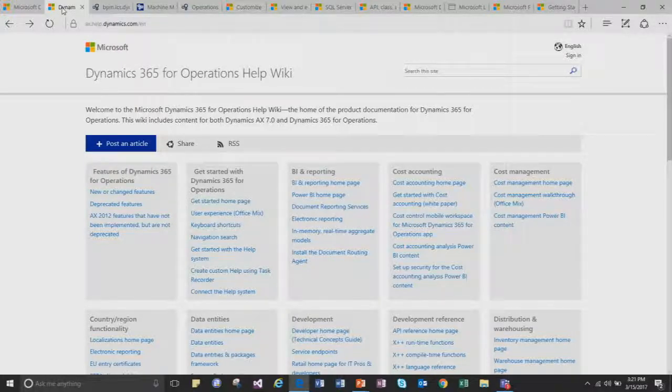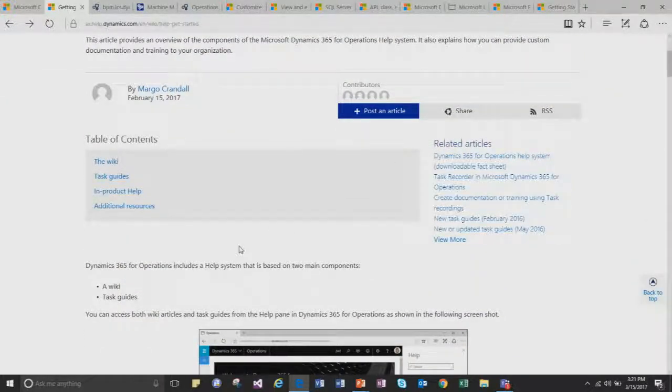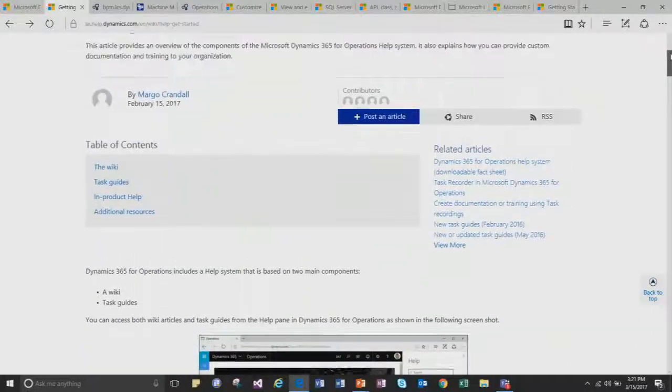So on the wiki, you can search for topics that are on the wiki from your favorite search engine. You can search on the wiki itself. So one of my favorite pages is Getting Started with the Help System. So just to demonstrate, every wiki topic has a table of contents. It has a list of related articles. And then at the bottom, it will tell you